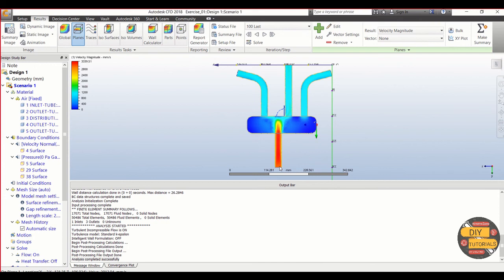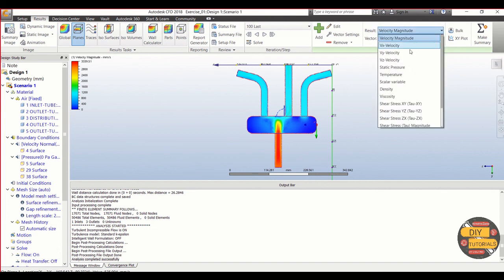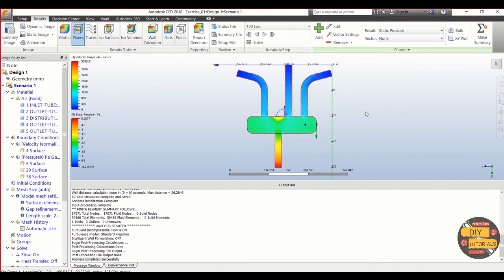So velocity, you can see it's maximum as expected at the inlet, and if you look at the pressure, it's the least or 0 at the outlet as expected. So this covers our first part of the exercise, which was running a CFD analysis to check the flow of air through a manifold.